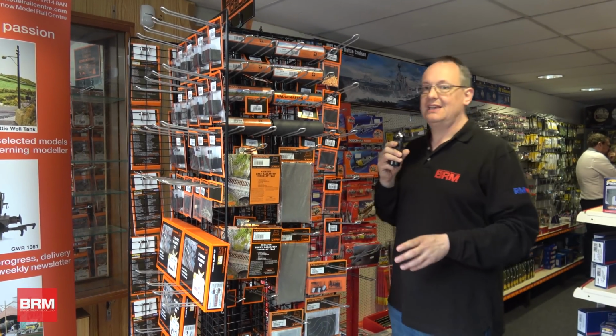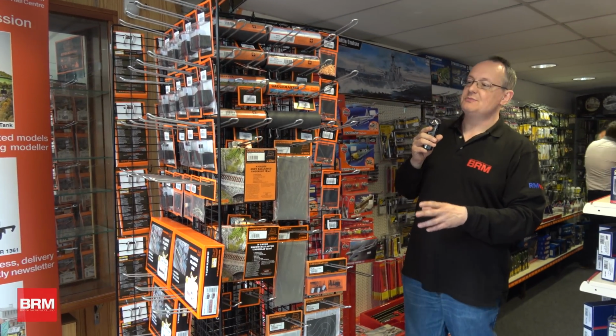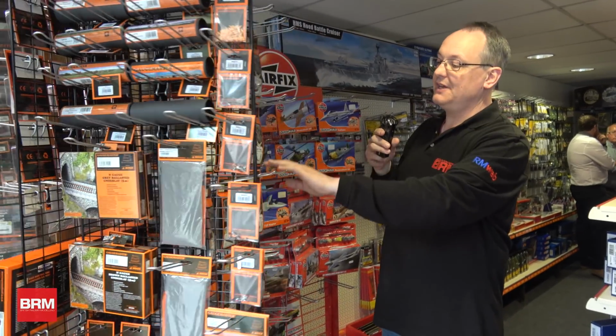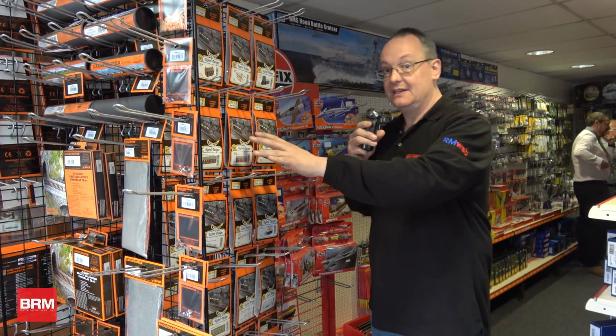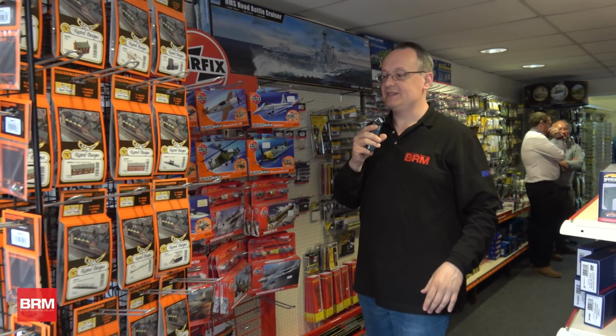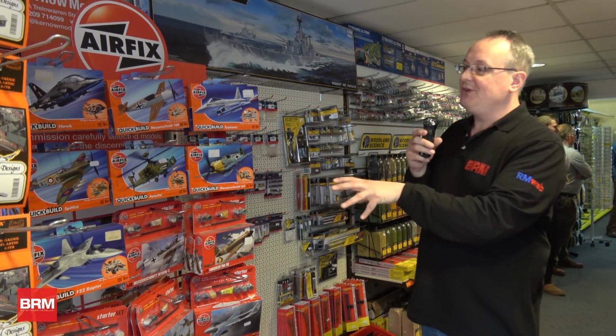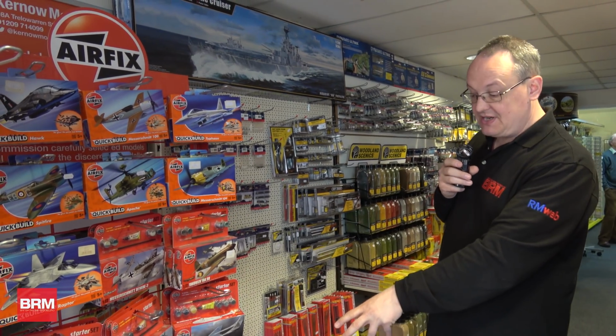Then we move on to the Gauge Master rack, where I'm seeing a lot of back scenes and a full range of Kestrel Designs buildings that are always very, very popular because they're nice little kits and quite cheap. Something for the kids now with the Airfix Quick Build range and some of the Airfix starter sets and